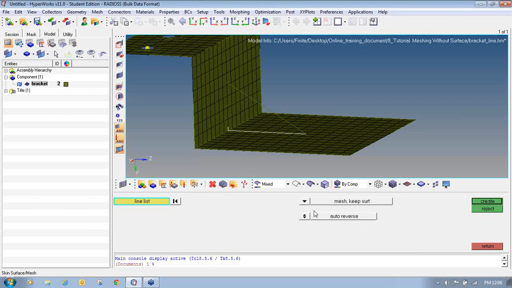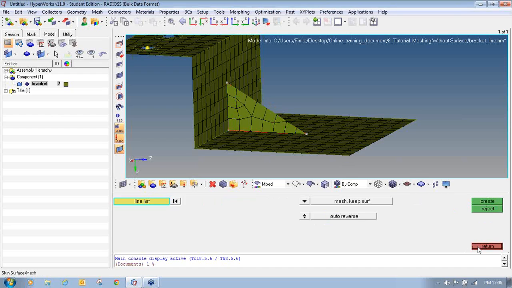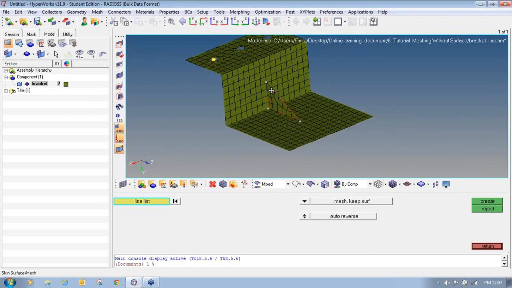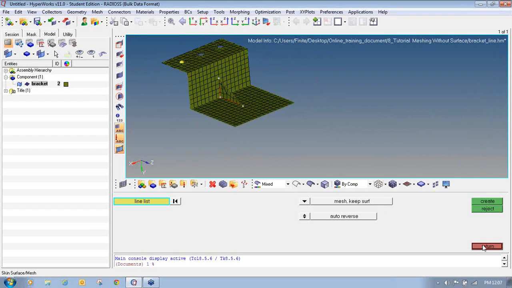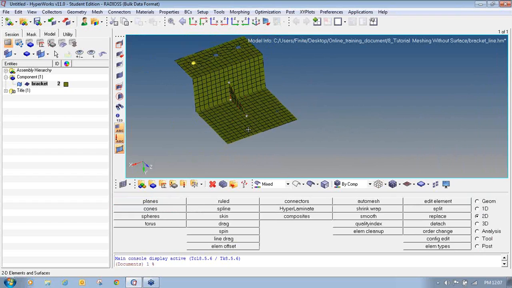This time I will click on mesh keep surface so that I can show you that it will generate a surface as well as meshing both. So I will click create. Once I click create, it has generated meshing. Now I will click return to accept this mesh. You can also edit that meshing by the mesh edit panel, and then click return. So in this way my complete model has been generated.